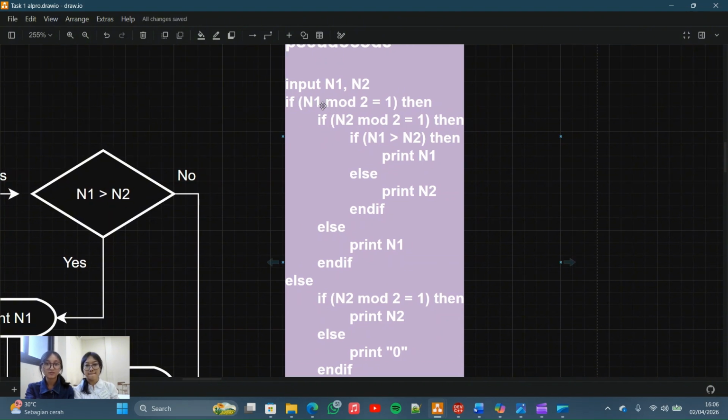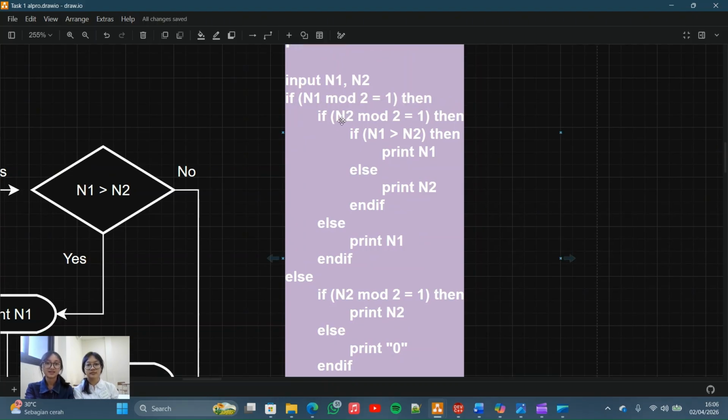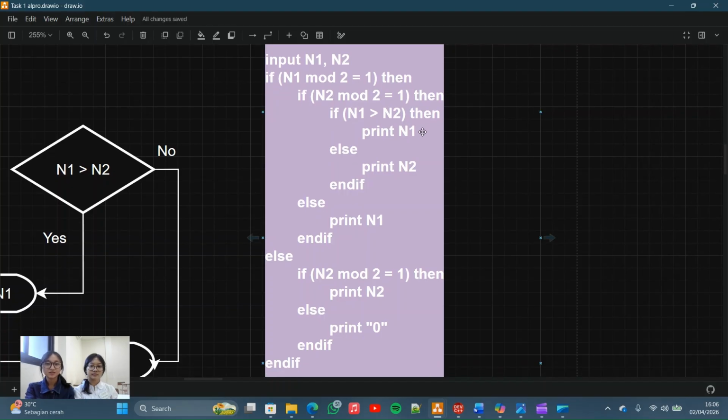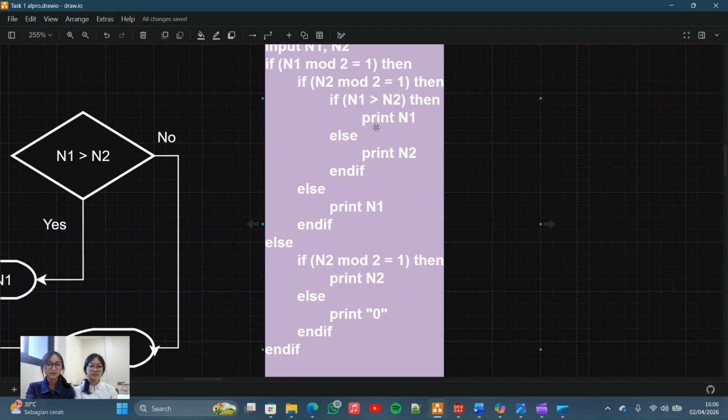So if n1 mod 2 equals 1, then the pseudocode has another if: if n2 mod 2 equals 1, and then another if n1 larger than n2, then the pseudocode will print n1. But if n1 is not larger than n2, the pseudocode will print n2.